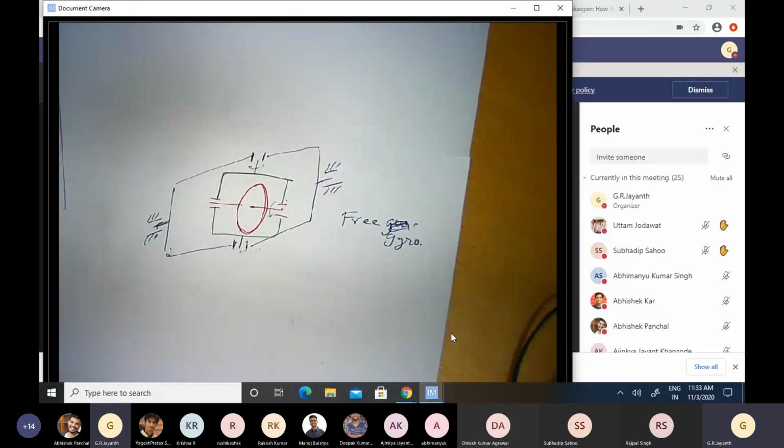When exactly we do it, we'll discuss. You can tell me your constraints. We already know there's a person who has an exam till 10. Subhadip Sahu has a comment. No, sir.